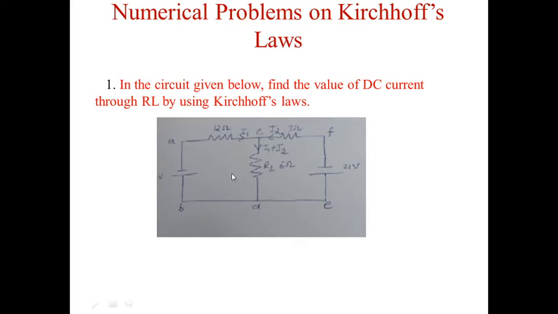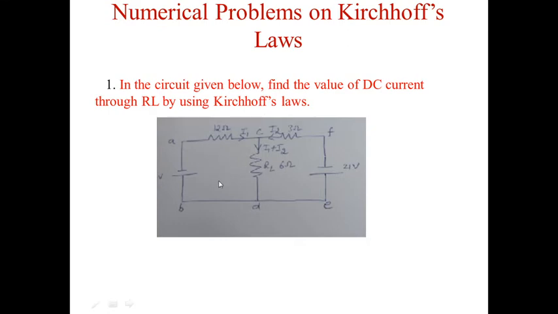There are two voltage sources, one is 84 volt which is connected here and another voltage source of 21 volt is connected here. The load resistance is RL, with a value of 6 ohm, and one resistance of 12 ohm is connected here and another resistance of 3 ohm is connected here. So, this is the given circuit. Now we need to find the value of I1 and I2, that is the DC current which is flowing through RL, correct.